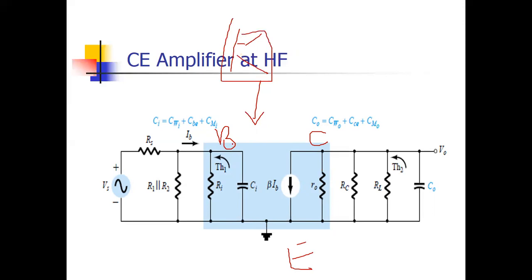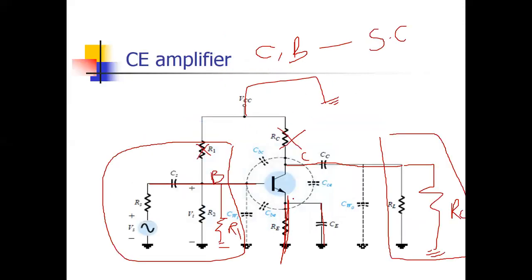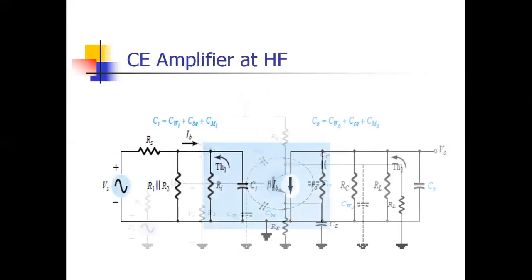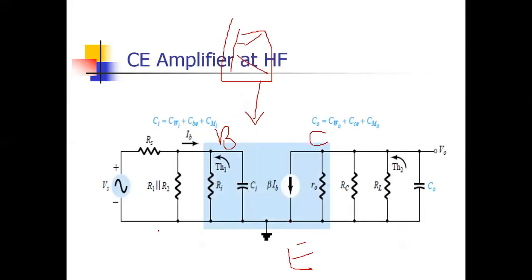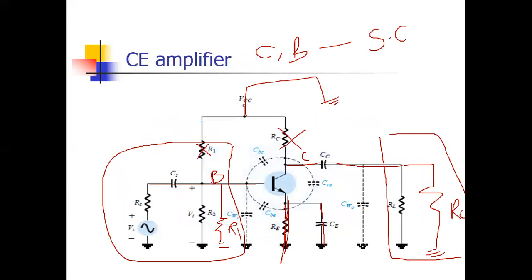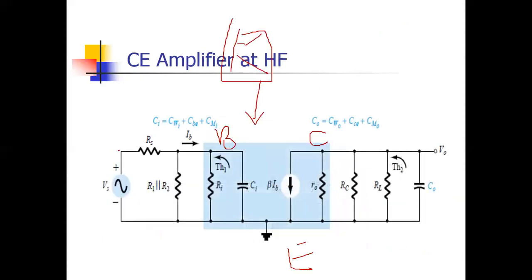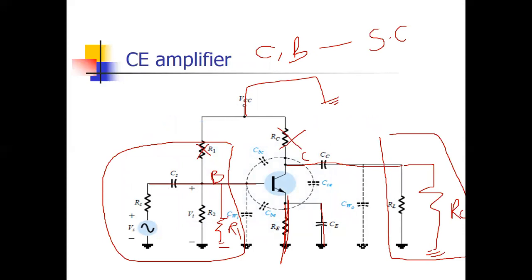Now you have to check what is remaining at base, what is remaining at emitter, what is remaining at collector. So see, there is nothing at emitter. Emitter is grounded, so there is no issue at all. Now see what is at base. At base, R1 parallel R2. This capacitance is already shorted. This RS, this VS. So see here, VS, RS, and here they have written correctly R1 parallel R2. You can draw two separate parallel paths, or you can write R1 parallel R2.